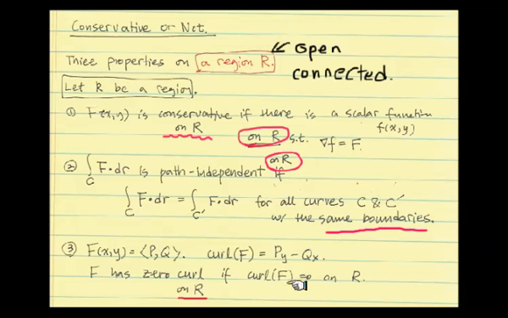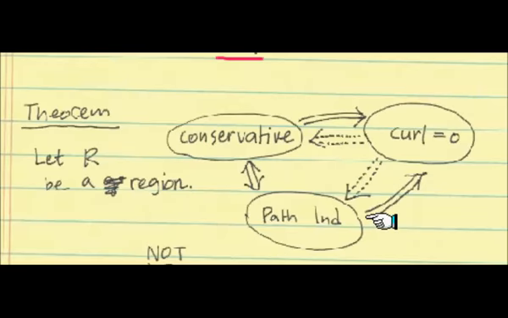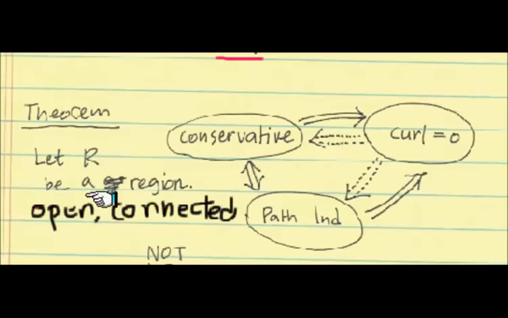So let me show you the picture. This is a property where R is again open and connected. So, right, we have to add this open and connected part, and we wrote conservative and path independence. That's actually proven in my earlier lecture in the pencast: path independence implies conservative, and conservative, by the fundamental theorem of line integrals, implies path independence. It's about connecting these with the condition curl equals 0, which is Py equals Qx. So I wrote it up there, and that's what it means, Py equals Qx. And it seems like it's not always so.